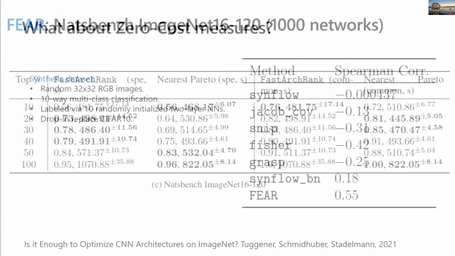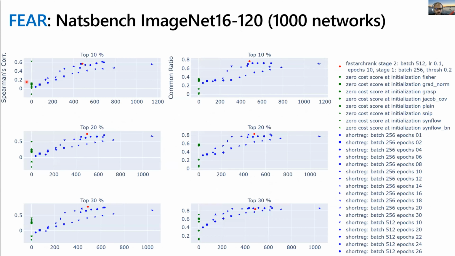So, okay, one of the things you may be wondering about is, hey, what happened to these green dots here? What are those things? Those are from very recent work that has proposed these zero cost proxies, right? That's why they are at zero time, because they take basically nothing. Okay, in practice they take perhaps a few seconds, but for the purposes of plotting, I just made them zero, because it's negligible compared to the thousands and hundreds of seconds here, right?